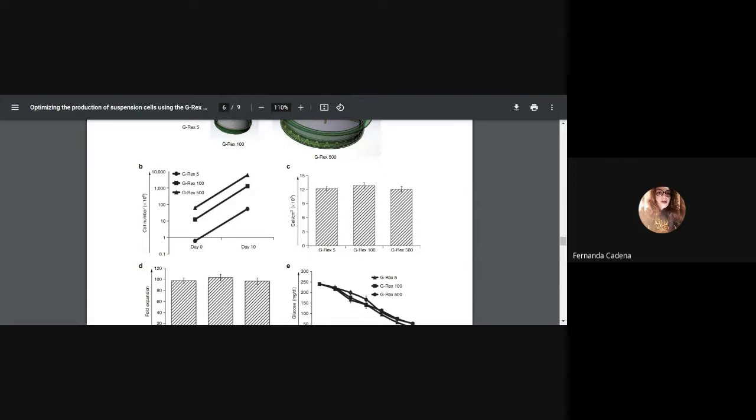So we can see that even though the volume is different, for example here in B, it's actually the same result: the cell number increases as the days of the experiment go on, and it is correlated with the final volume of each machine. But we can also see in C that the final cell density per square centimeter is the same in all the